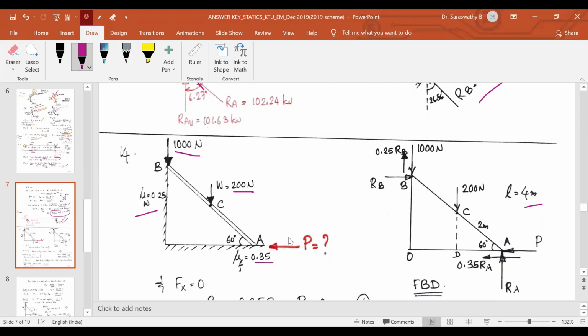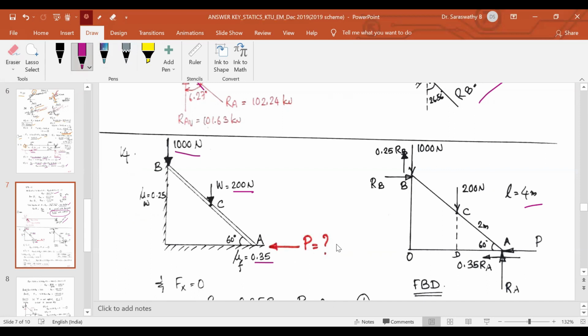In the first case, when a ladder is kept like this, the tendency is to slip down. At this point, it has a tendency to come down, and this edge has a tendency to move towards right or move outwards. So this is the direction of motion. This comes down on this ladder, slips towards right. In order to prevent this slipping, we have to apply some force in the opposite direction. This is P. So the question is, what should be the force applied to the ladder in this horizontal direction so that it doesn't slip?